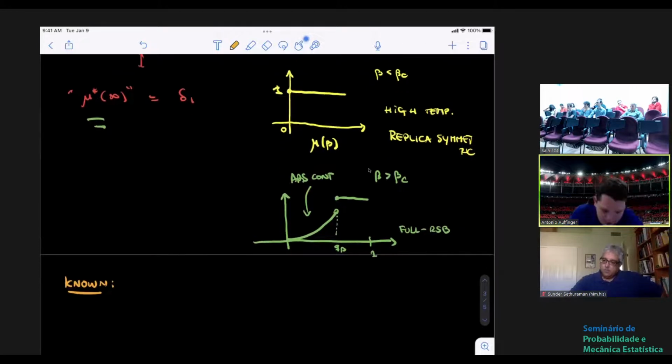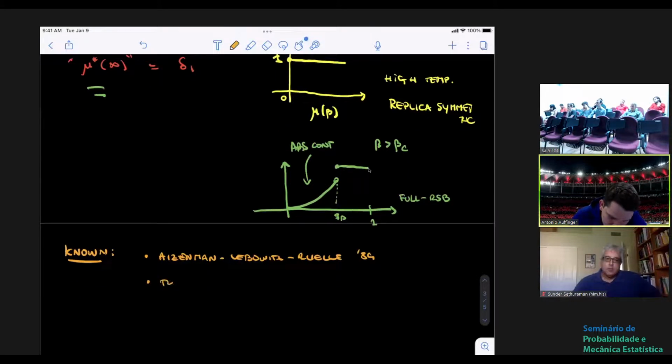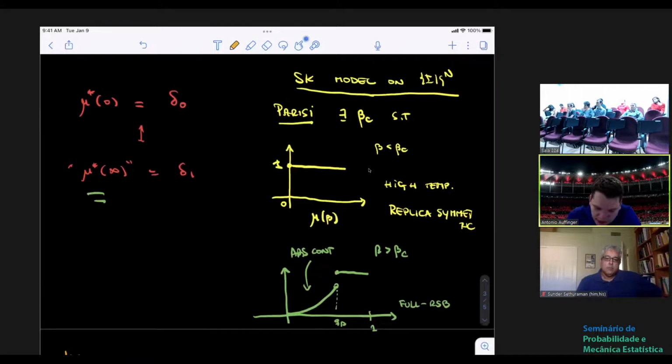What is known, first, is the work of Aizenman, Lebowitz, and Ruelle, back in the 80s, and then the work of Toninelli back in 2002. What Aizenman, Lebowitz, and Ruelle showed is that this beta critical,